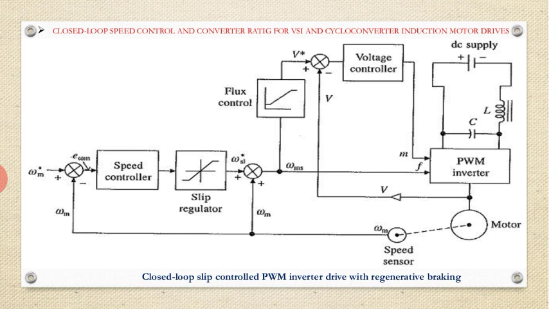Now a step decrease in the speed command produces a negative speed error. The slip speed command is set to the maximum negative value. The drive decelerates under regenerative braking at the maximum permissible current and the maximum allowable braking torque, until the speed error is reduced to a small value. It then settles at the slip speed for which the motor torque equals the load torque.